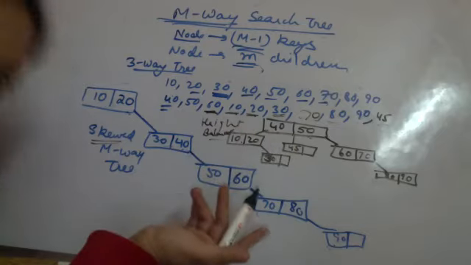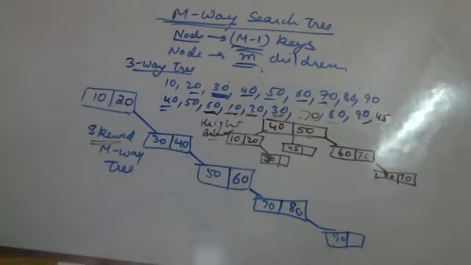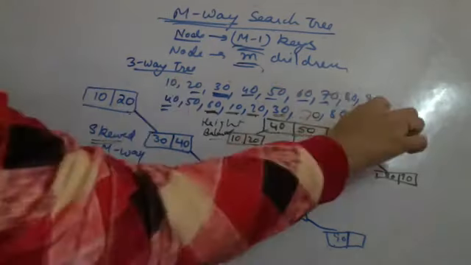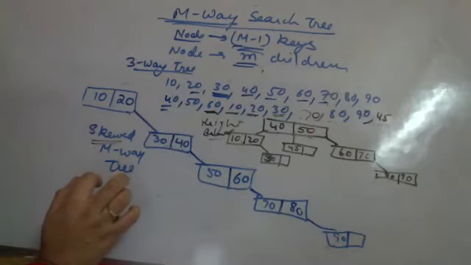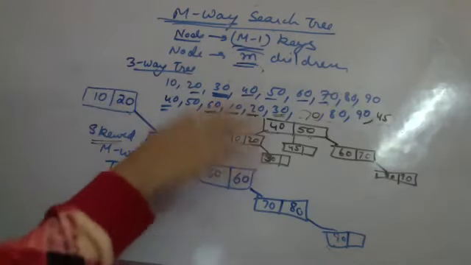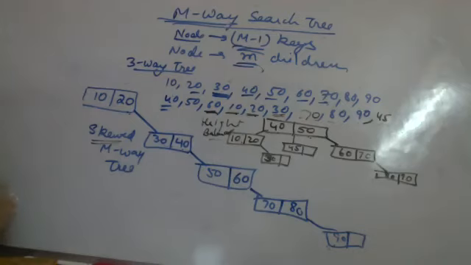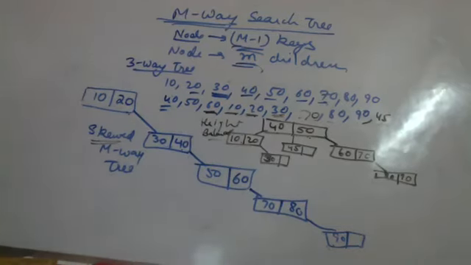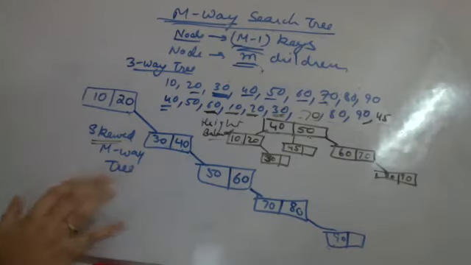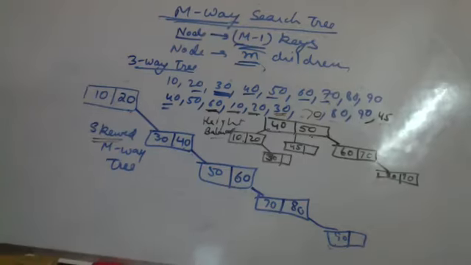Now how do I balance the height? If these keys are given in this order only, but I want them to be inserted in a manner so that the tree is height balanced. Just like we did in the AVL tree, in a similar manner we have something called B trees, which is nothing but a height balanced MV tree. Till here, is it clear to all of you?